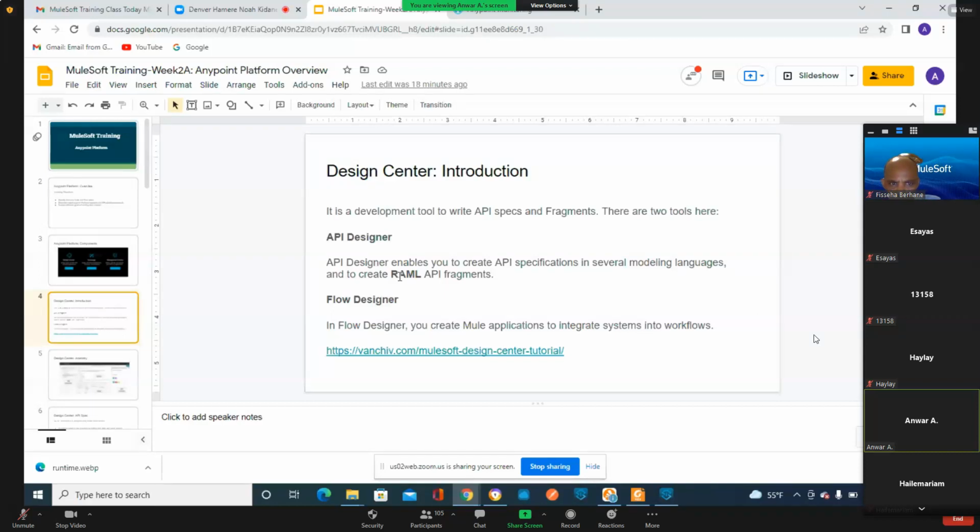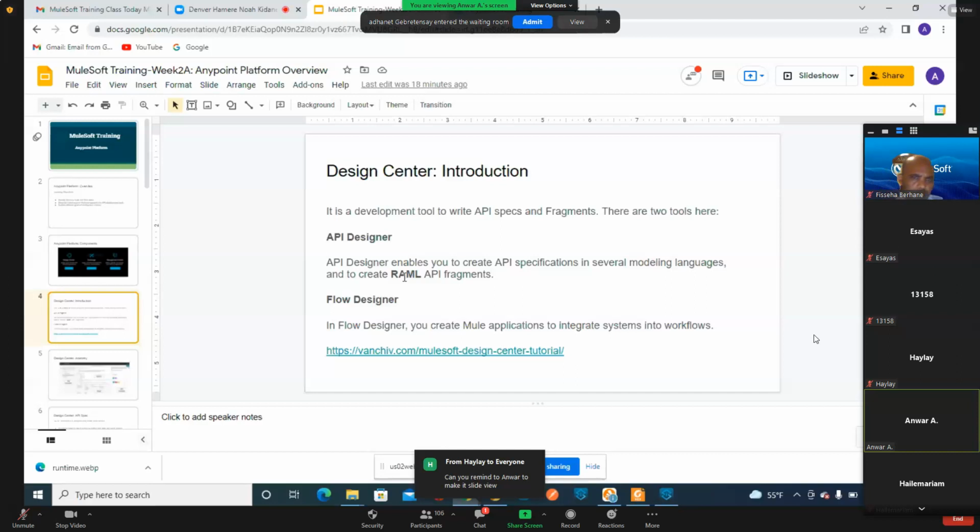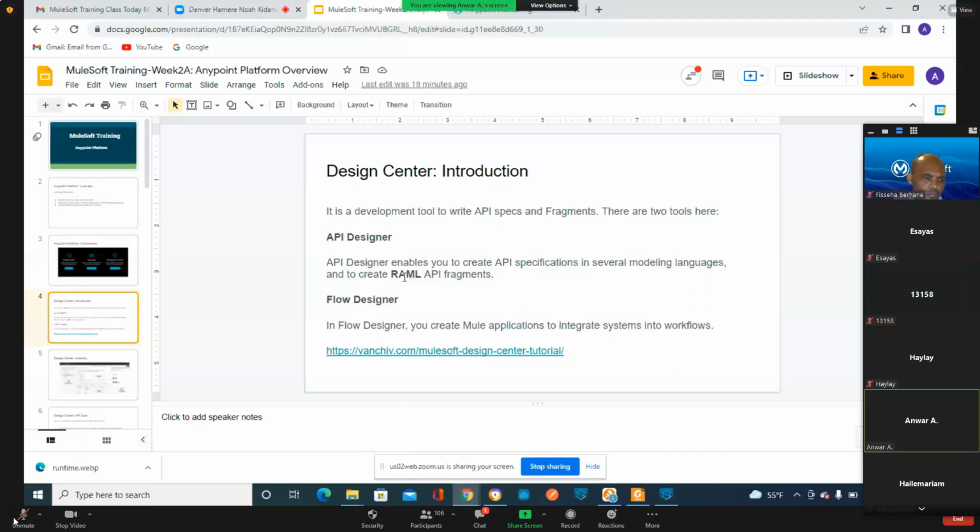In the design center, we can take it as a blueprint or a spec of the application. So basically, it's a contract of the application. There are two tools to come up with this blueprint: the API designer and the flow designer. The API designer is a web-based